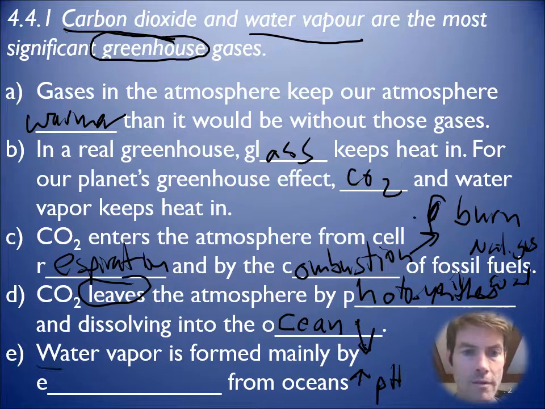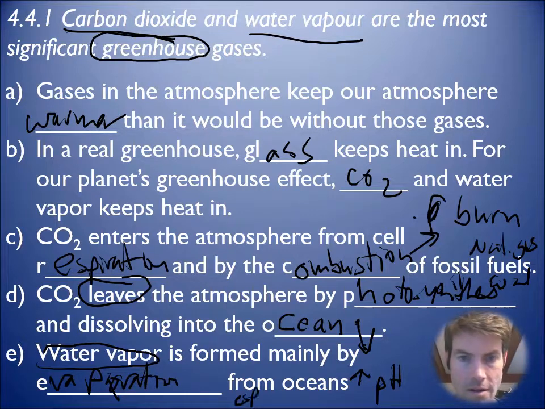And this water vapor, you get a lot of evaporation from the ocean. Especially near, where would you get the most evaporation from the ocean? Someplace warm, someplace hot. That place would be, starts with an E, equator. Okay, at the equator is where you get most of the water.